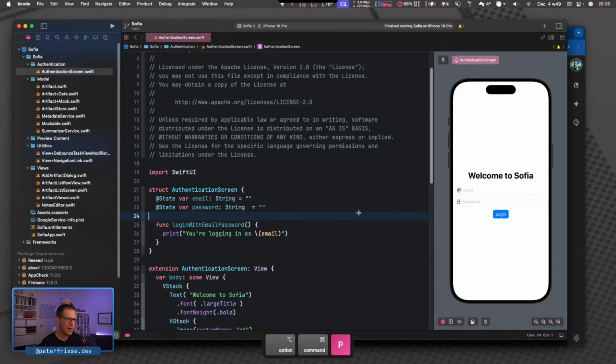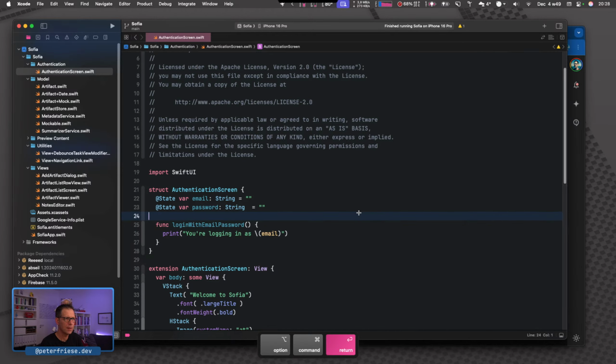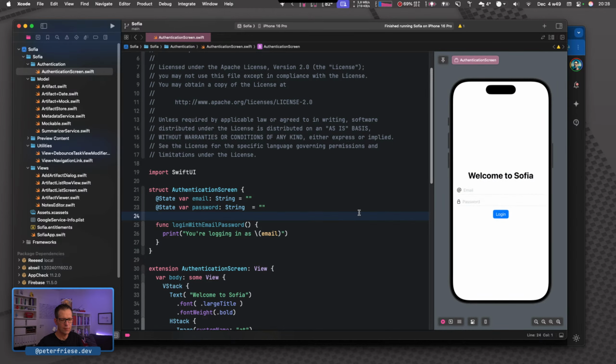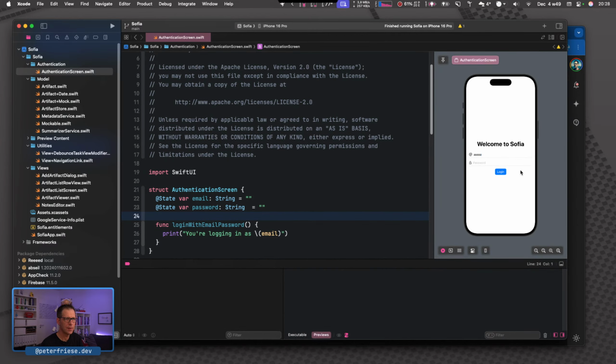I mean, I am in the correct window, am I? Okay, let's reboot this. Okay, here we go. So when I tap here, yeah, you're logging in.